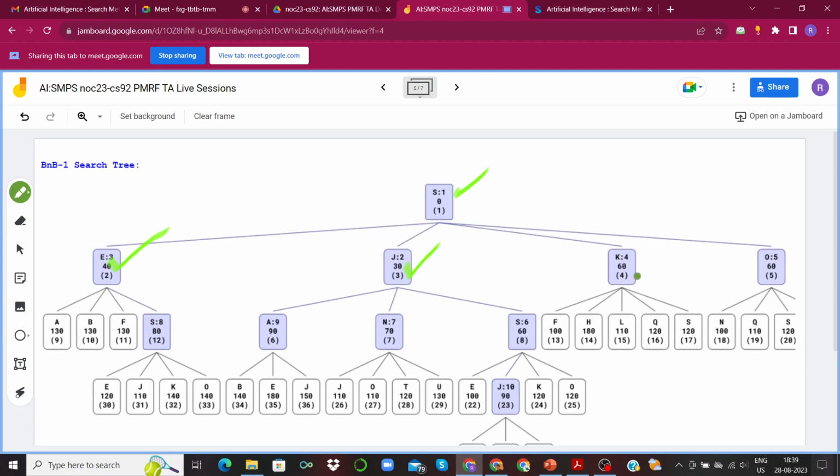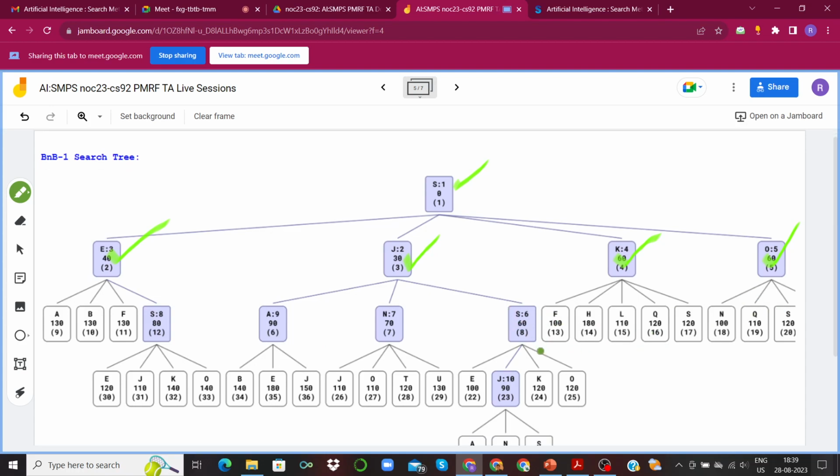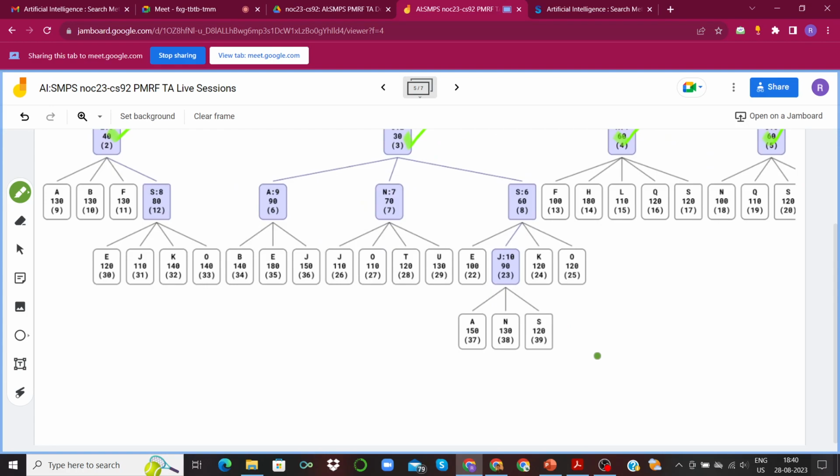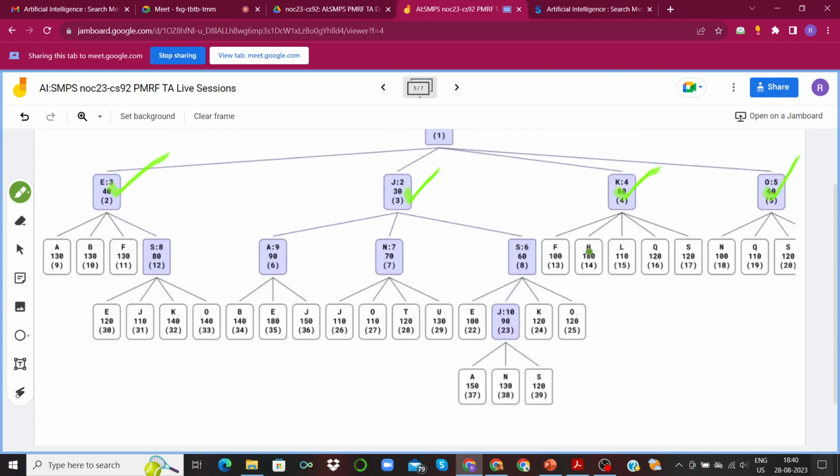We will mark K as sequence 4 and draw its children, and then we will see that O is the best looking option, so we jump back to O, and then we'll draw all its children. One of these is missing, I think, but you can complete the diagram, and we proceed in a similar manner. We have not shown the complete search tree over here. We have just shown the partial search tree because the question asked us to find the